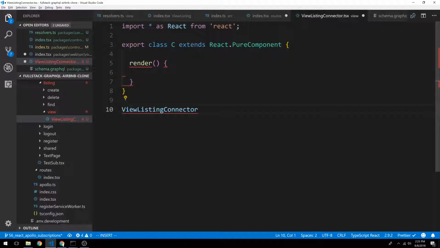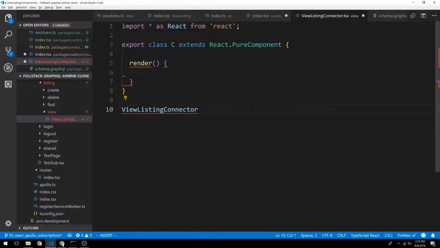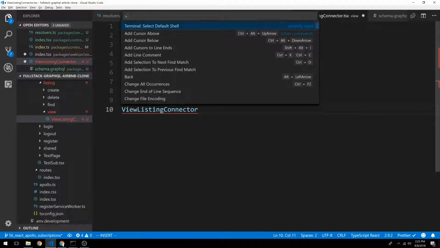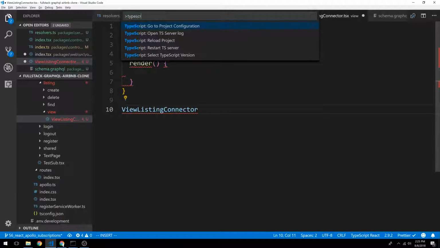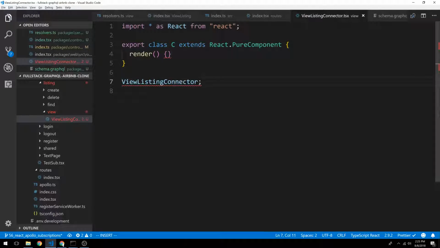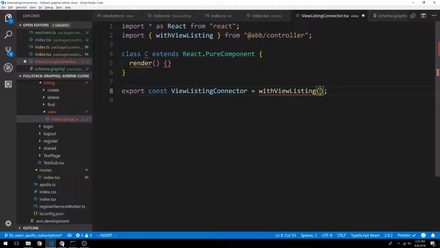And now let's see if the build worked, because I want to wrap this in that higher order component we just created. Alright, so it built correctly. I might have to restart the TypeScript server so it sees the new types that we just added. And I'm going to say export const, so I'm not going to export the C up here, but I'm going to export this, and I'm going to say withViewListing, and now here I'm going to wrap the component C,